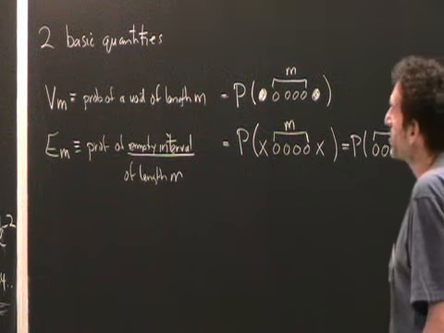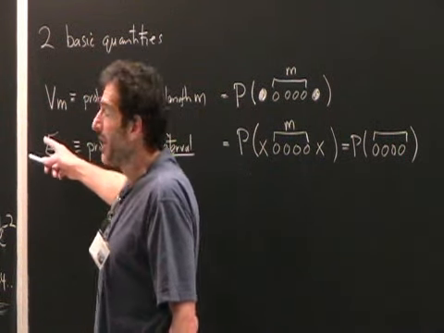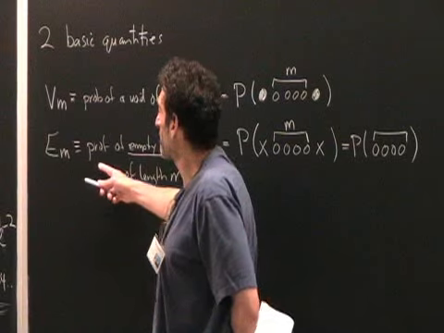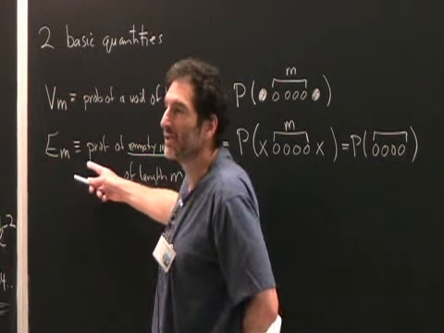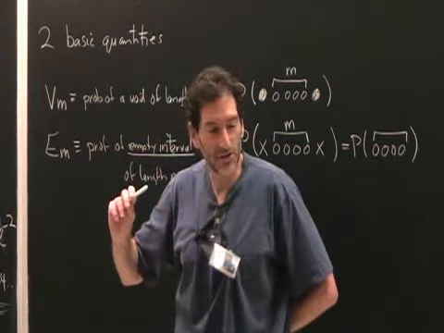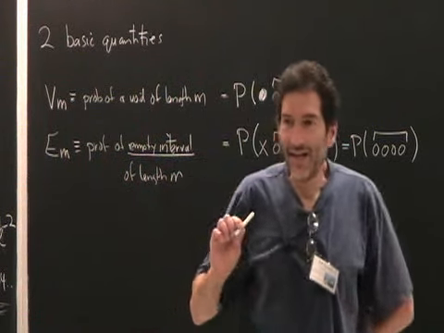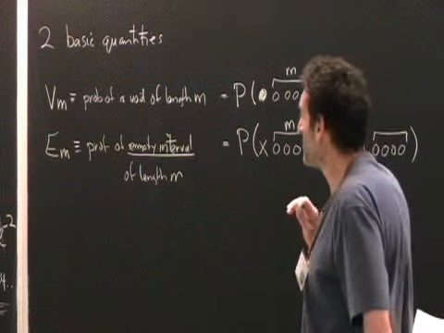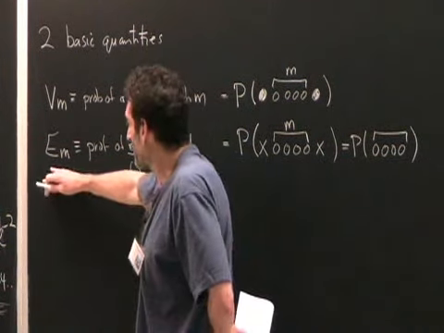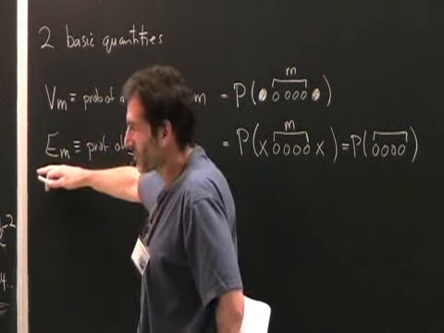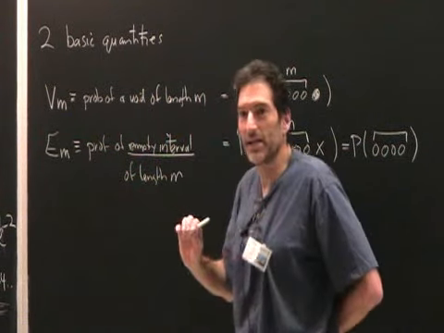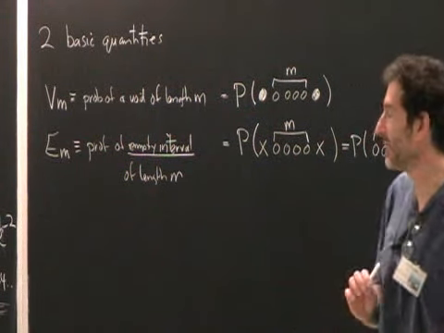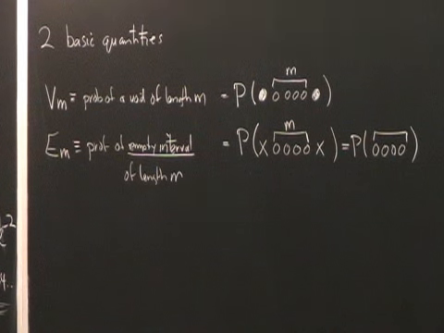So what is the relationship between this VM and EM? And by the way, one other thing, maybe for a plug that's going to happen next week, I'm sure that Danny Ben Abraham is talking about one-dimensional diffusion-limited reactions. And he has a very grandiose title, like some miracle or something like that, about the empty interval probabilities. And in fact, he will use the empty interval probabilities to then solve exactly the one-dimensional diffusion-limited coalescence and annihilation processes.